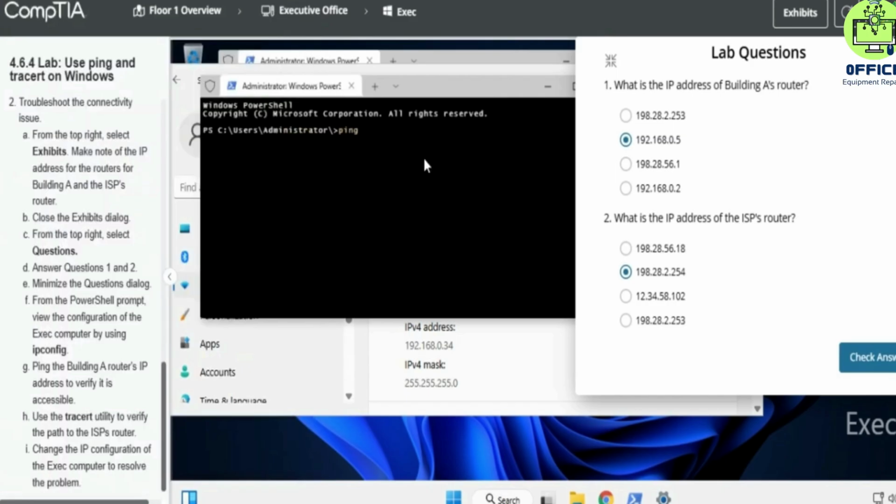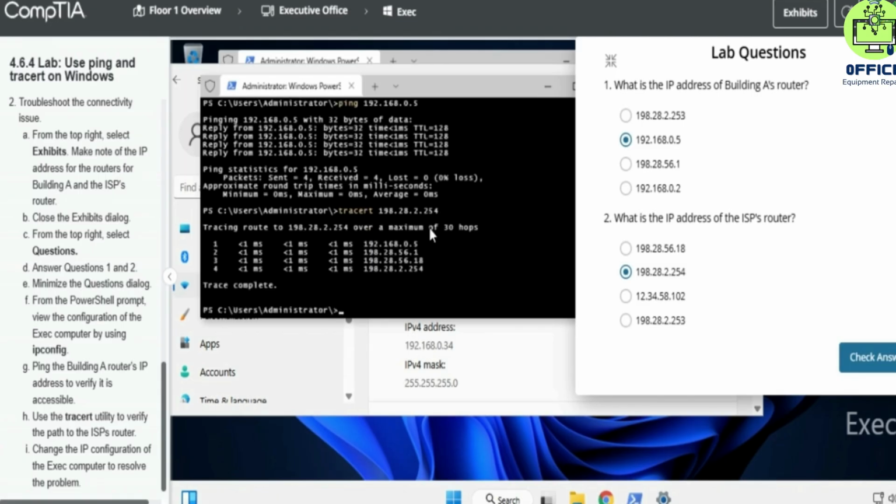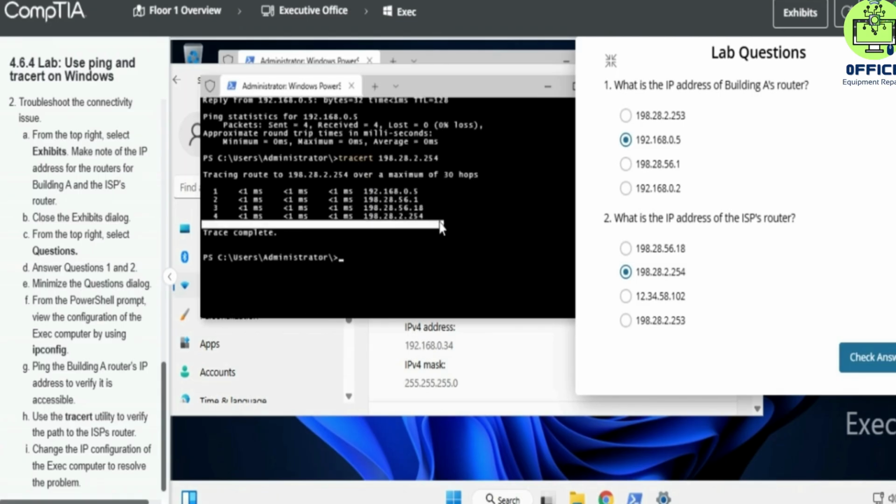What I'll ping in, we'll ping in 192.168.0.5. Let's see. Alright, so Tracert to 198.28.2.254. Okay. Alright, so this is